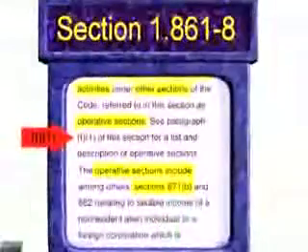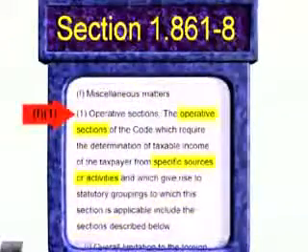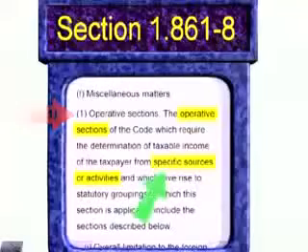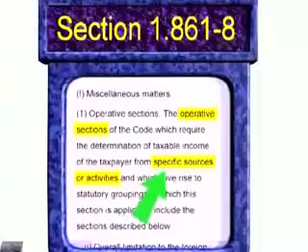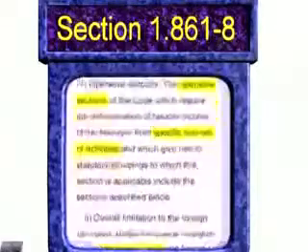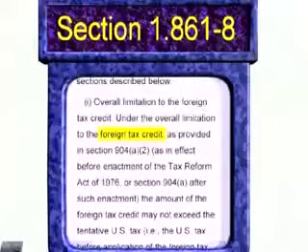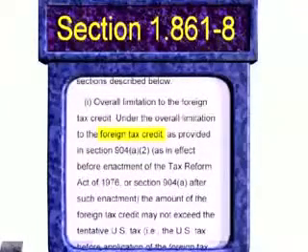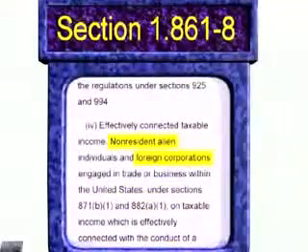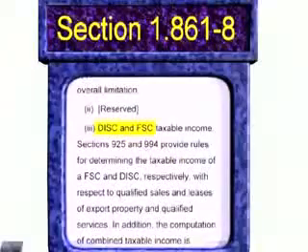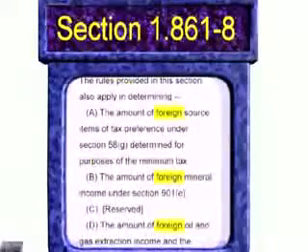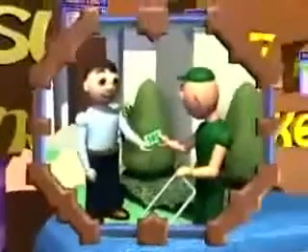The regulations direct us here for the complete list of operative sections which describe the specific sources and activities, income from which is taxable under Section 861. That list includes the foreign tax credit rules found in Section 901 and following. It includes the sections we saw before dealing with the domestic income of foreigners, and it includes certain rules relating to federal possessions, to foreign and international sales corporations, and to other foreign and international matters. But nowhere on the list of specific sources is anything which would include the income of a U.S. citizen who only has domestic income.